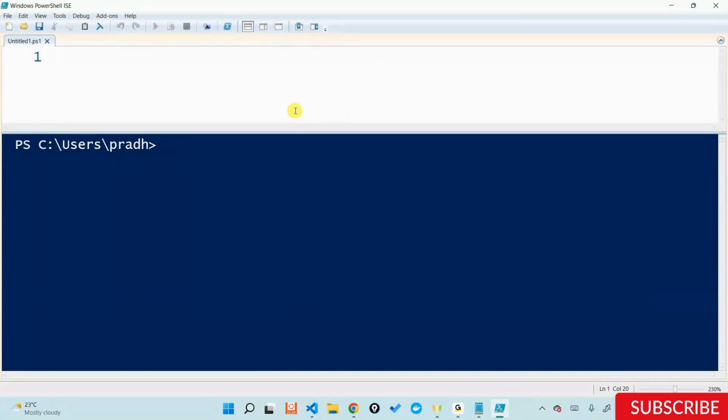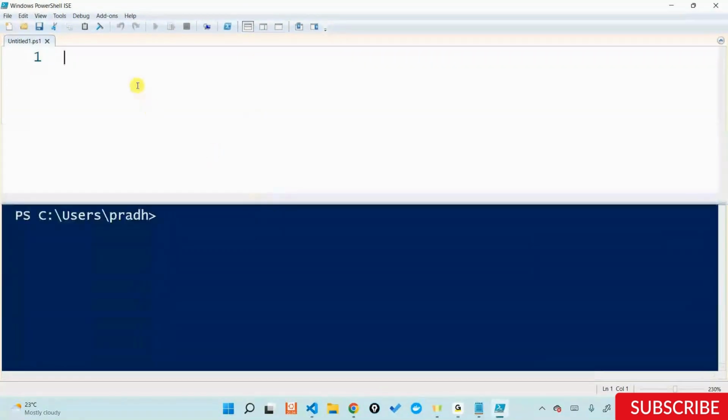This is where you can write something, and after you write, this is where the output will be displayed. Whatever you write, the output will be displayed at the bottom. This is what you can do using PowerShell. So let's start with the very basic of it, and let's say I want to write something like hello world, because usually whichever programming you start will start with hello world. So let's not break the tradition.